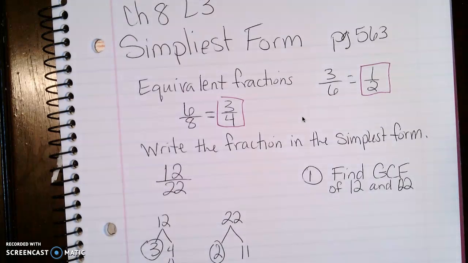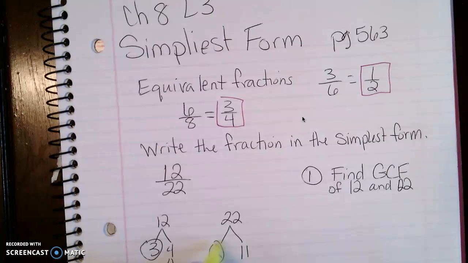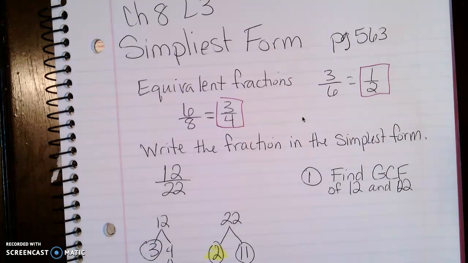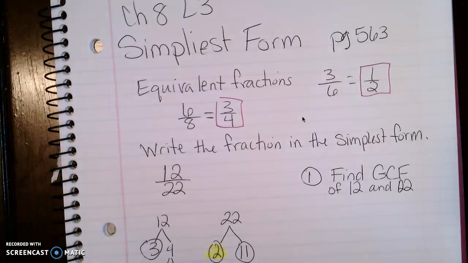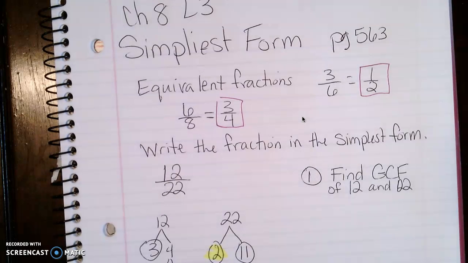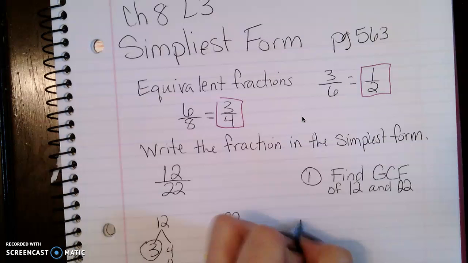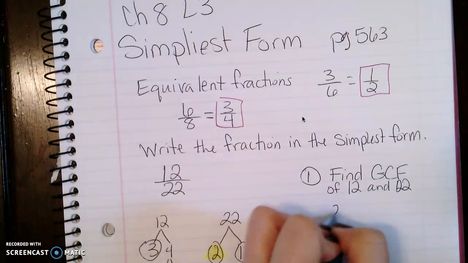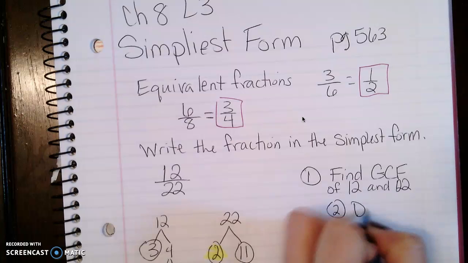And so what do they have in common here? 12 has a 2 and 22 has a 2. Oops, that is prime. And so they have 1, 2 in common. So the greatest common factor of 12 and 22 is 2. So now that I know the greatest common factor is 2, I'm going to use that to simplify 12/22. So step 2 would be to divide